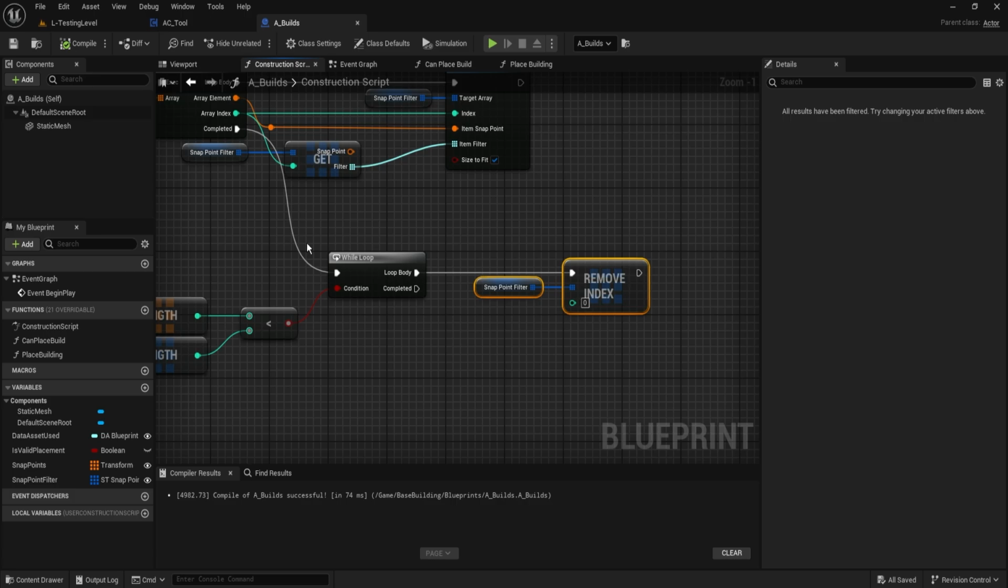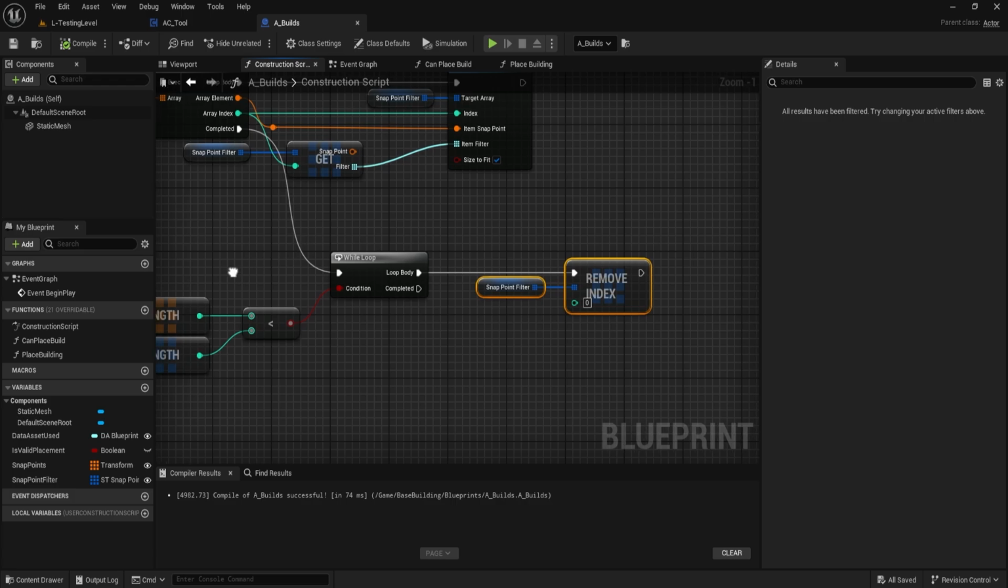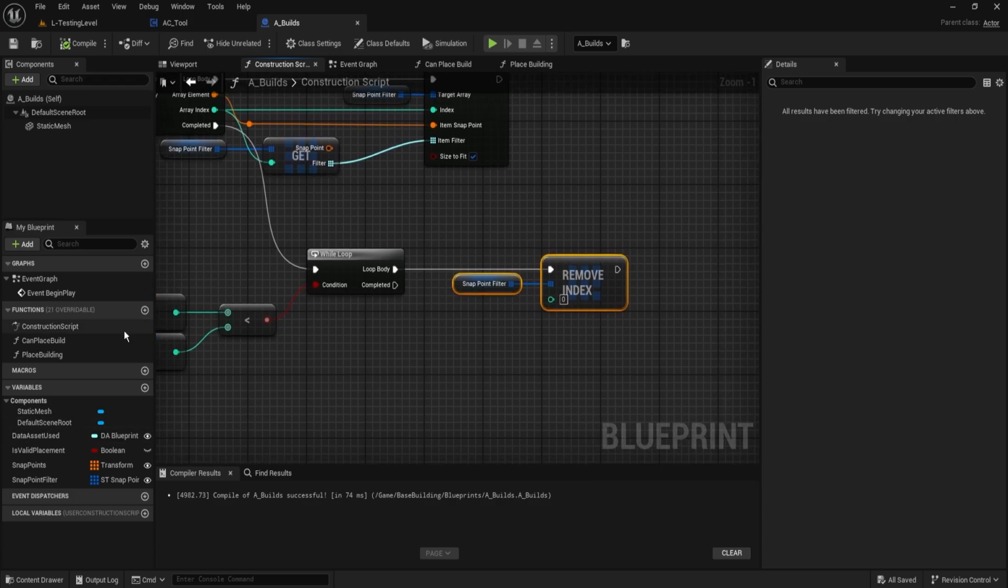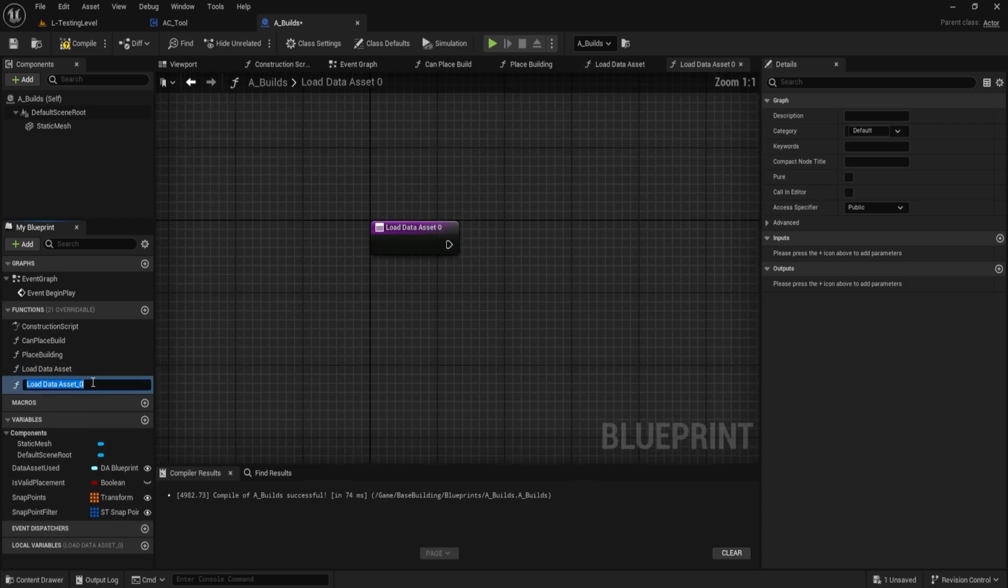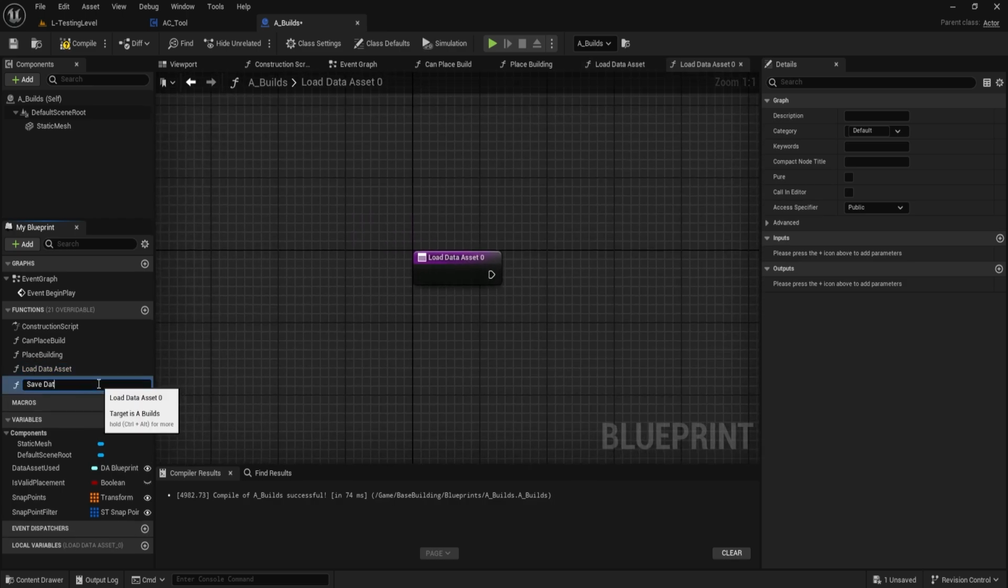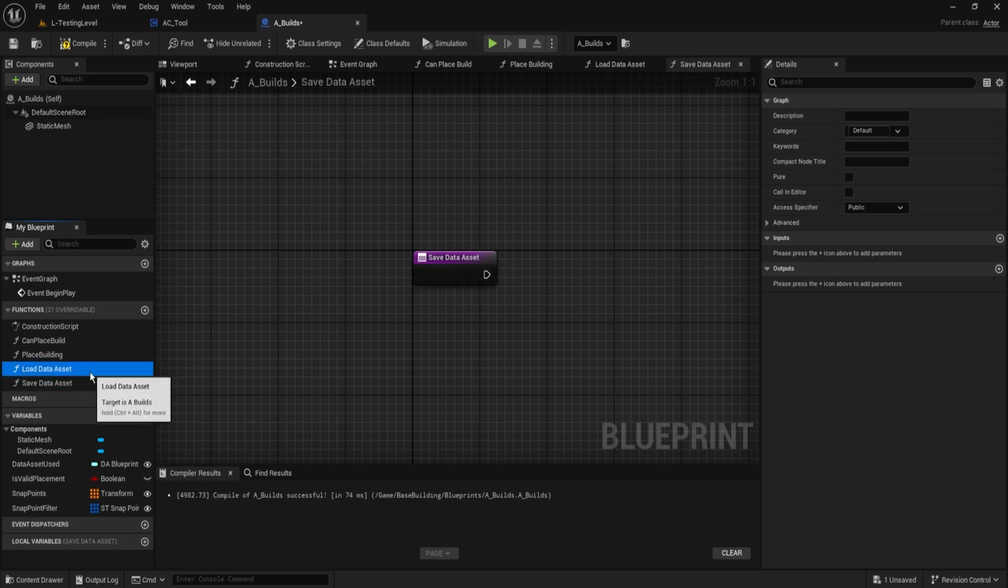So what we'll do is I'll make two functions, one for loading and one for saving, and we'll make them call in editor so that we can actually click a button to say, load this one that we just put in, or save it to this one we just selected, or to one we've just been working on. So that's why this is exposed here. So a new function here, which we'll call load data asset, and another one we will call save data asset. Make sure for both of these you click call in editor,